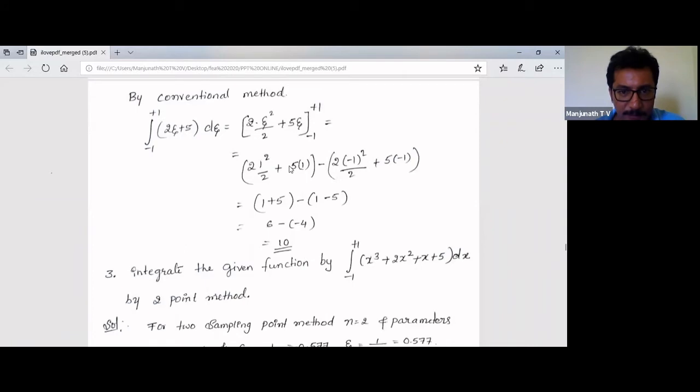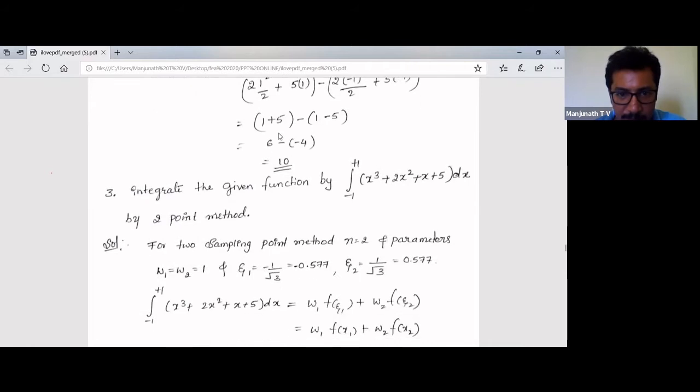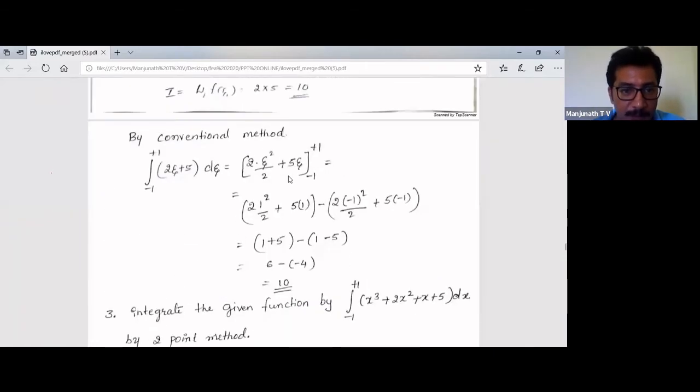Upper limit minus lower limit. For the first term, in place of zeta we put +1 for the upper limit, minus the lower limit with zeta equal to -1. Plus 5 into, in place of zeta, +1 upper limit minus lower limit -1. As you simplify, you are going to get 10 only. So this is how we are going to solve the integrals